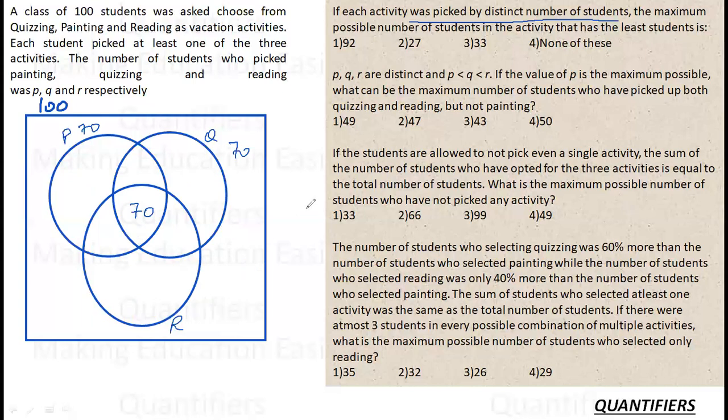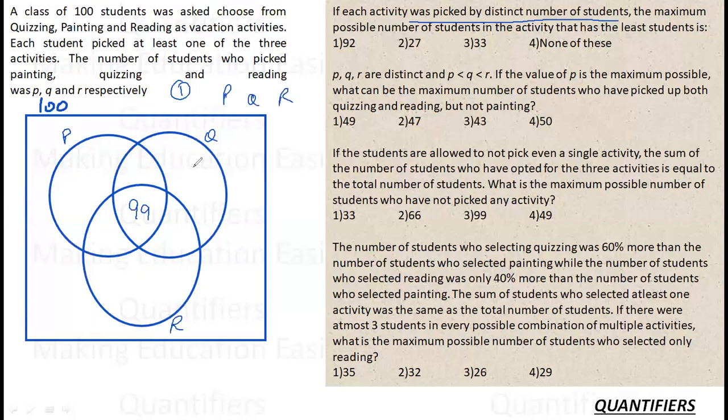Now, let us try to maximize it as much as possible. Let us say if I keep it 100. If I keep it 100, all the activities are 100, which means that I will be failing this condition that P is greater than Q is greater than R, क्योंकि मुझे किसी ना किसी को तो बड़ा करना ही है. So 100 cannot be there. Let us say I put it 99. If I am putting it 99, I am left with only one activity. No matter where I place it, 2 of my activities will be equal.